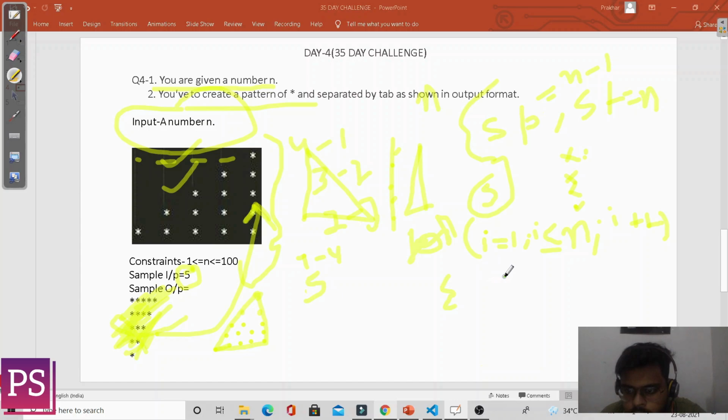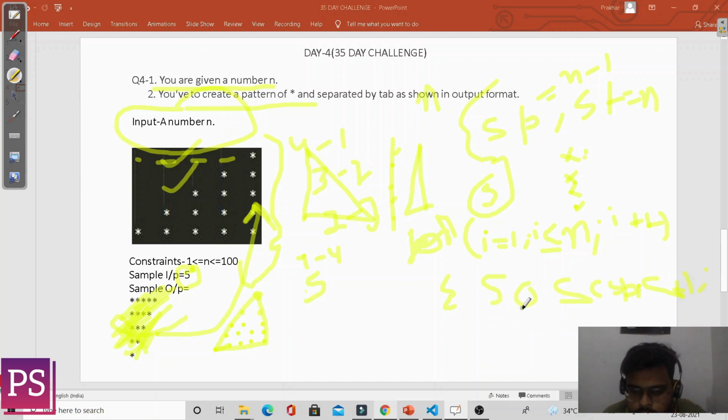In the next part we have to print the spaces, sp, and the stars, st. We are just explaining this part only; this will not be our final solution.